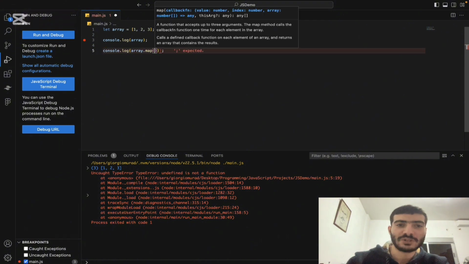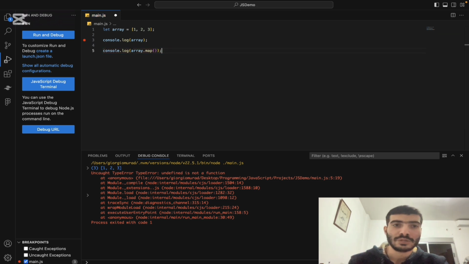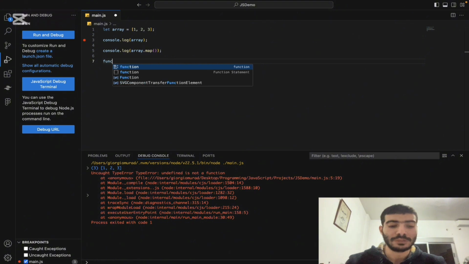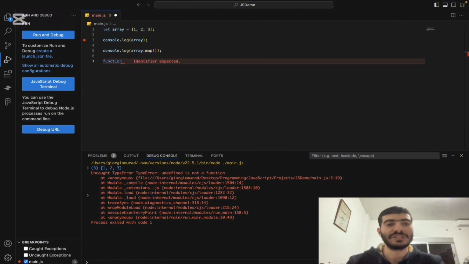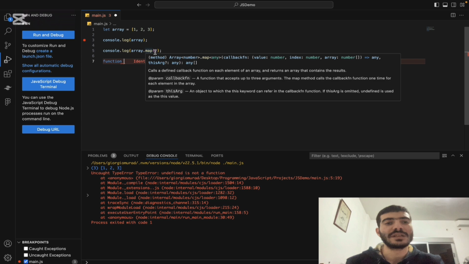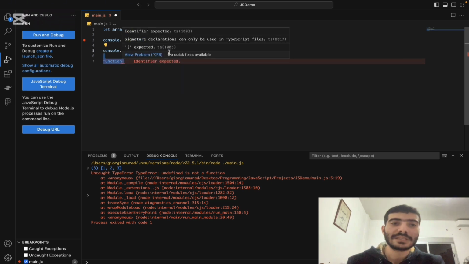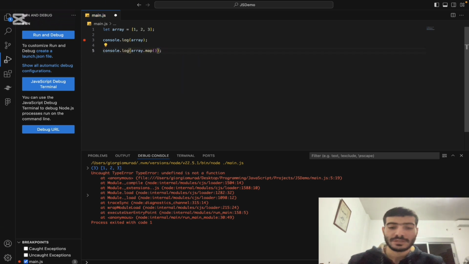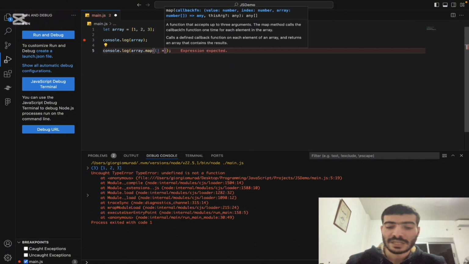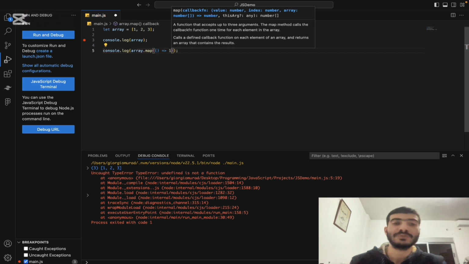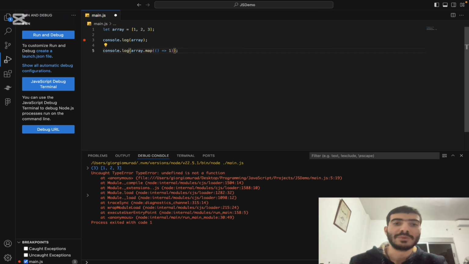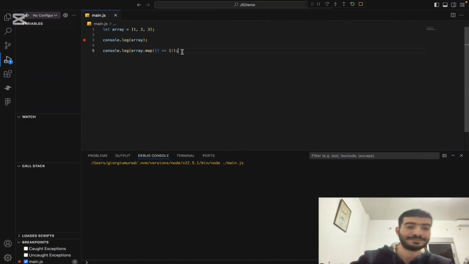Now the parameter of this function is a callback function. A callback function is a function which I can define below here. I can define a function here, then call this function inside map, or I can use something in JavaScript which is an arrow function that returns a value. So I made an arrow function that just returns the value of 1. Now if I run it,